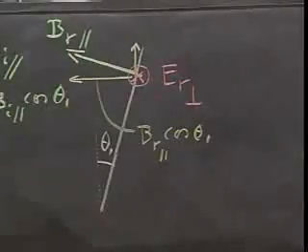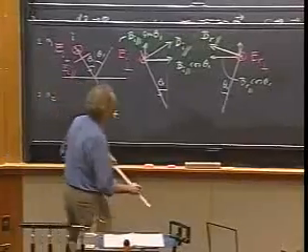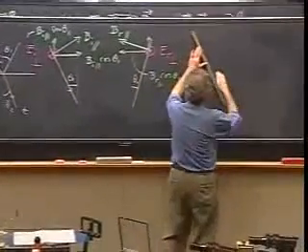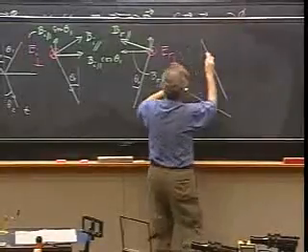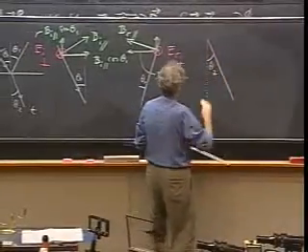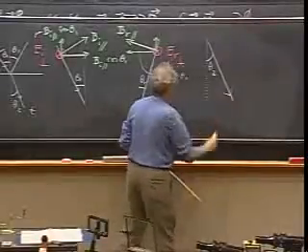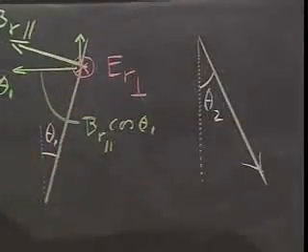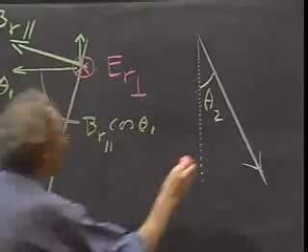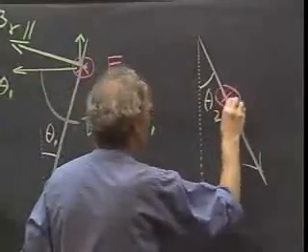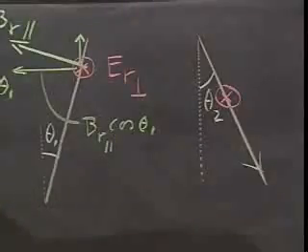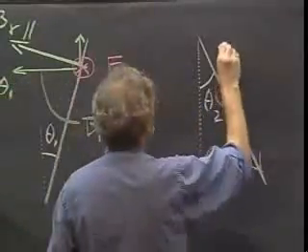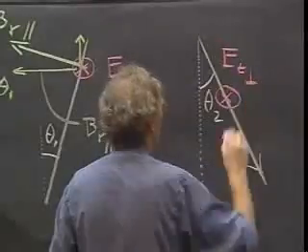Now we have to go into medium 2. So there's one more to come. There it is. And this angle now is theta 2. And the light goes like this. Electromagnetic radiation. I'm only dealing with E perpendicular, because you are going to do the rest. So this is the E perpendicular component of the transmitted wave. So this is E transmitted perpendicular.